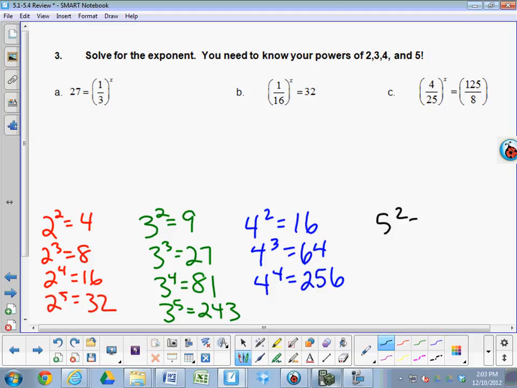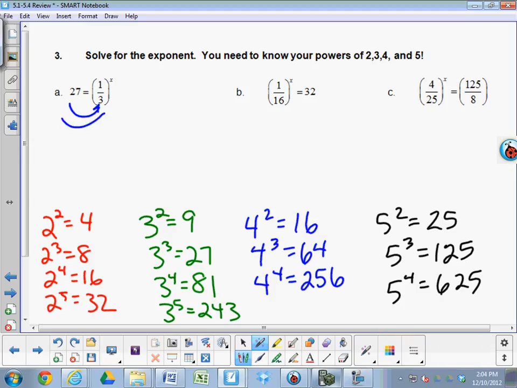Powers of 5: 5 squared, times another 5, times another 5. And that's generally good enough. If the numbers are any bigger than that, punch them in. If it's 5 to the 8th, punch in 5 to the 8th, see what it is. Probably won't be. So as you look up at these problems, you want to look